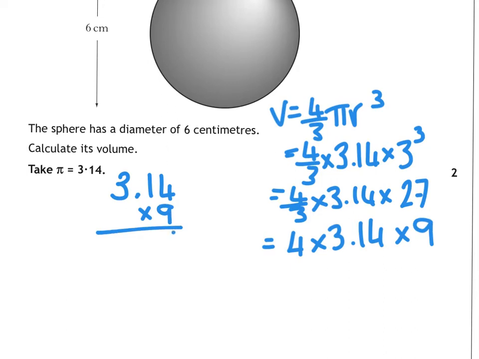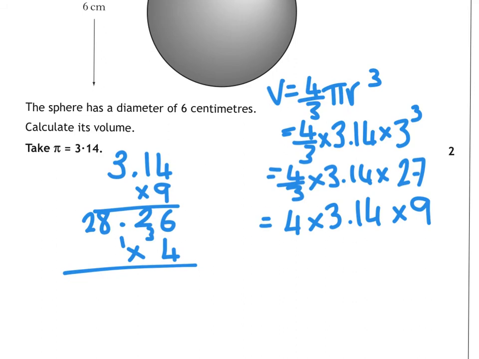9 4s are 36, 9 1s are 9, plus 2 is 12, and 9 3s are 27, plus 1 is 28. Then I'm going to times that same answer by 4. And 4 times 6 is 24. 4 2s are 8, plus 2 is 10. 4 8s are 32 plus 1 is 33. 4 2s are 8 plus 3 is 11. So my answer is 113.04